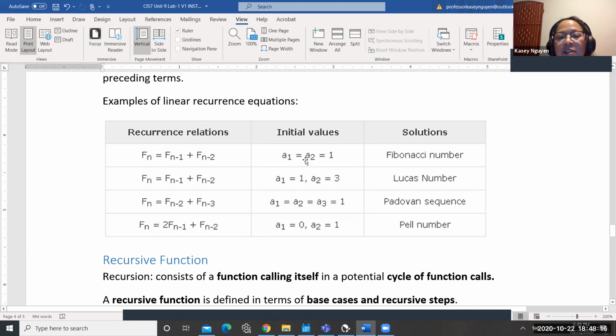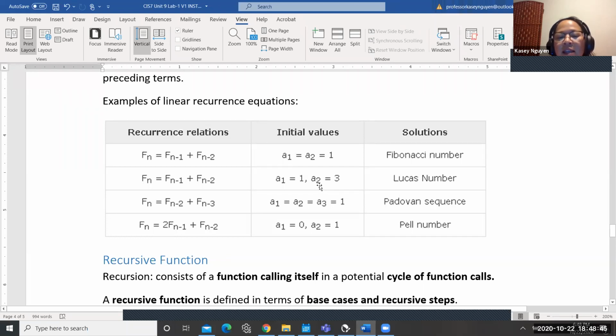So with Fibonacci, you start at 1, 1 or 0, 1. With Lucas, you start at 1, 3. You still add those together. So A of 3 after this is going to be 4 because you do 1 plus 3 is 4. And then 3 plus 4 is 7. 7 plus 4 is 11, and so forth. It's still adding the two prior values, but the bases are different.